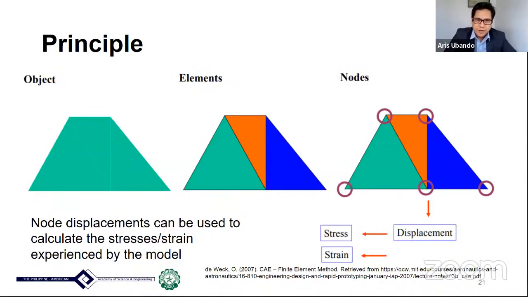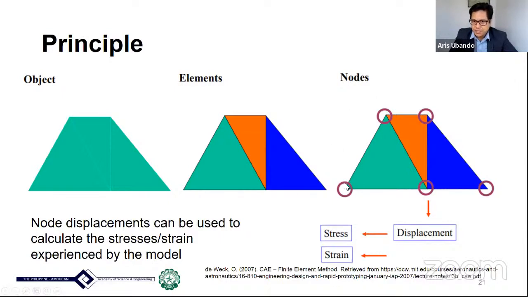So the main principle of FEA: if we have an object on your left side here, we would try to subdivide this into smaller elements as shown here. And these elements would give us a better understanding of a specific area. These are connected by the nodes, which are just the intersections as shown in this figure. This is quite important